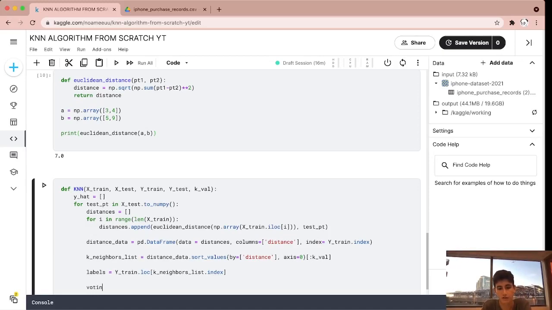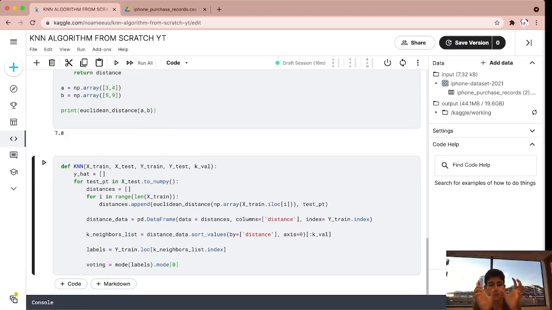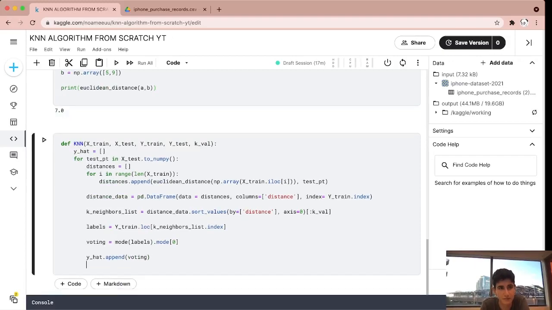So we need to create another variable called voting, and we'll say mode of the labels dot mode. This is how we call it. We need to take the most common label, which will be either 0 or 1, and then append it to our prediction, because really our prediction is either a 1 or a 0, right? So we'll say y hat dot append voting, and then all we have to do is just return y hat,